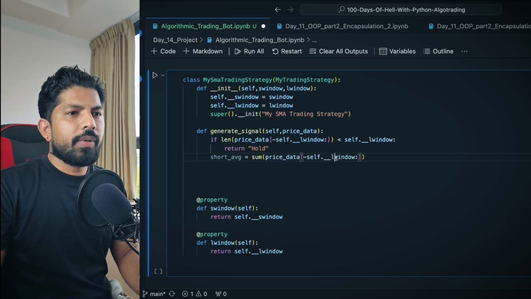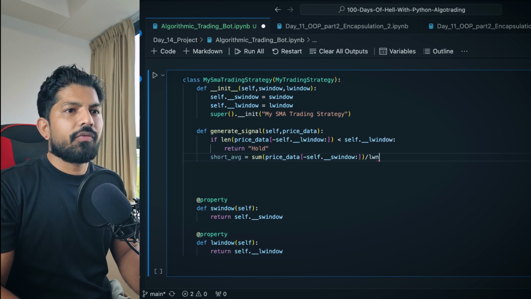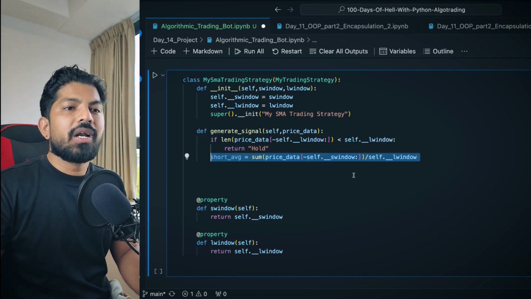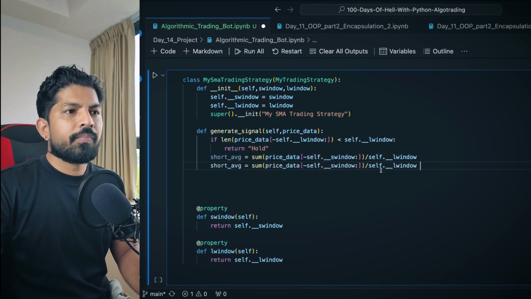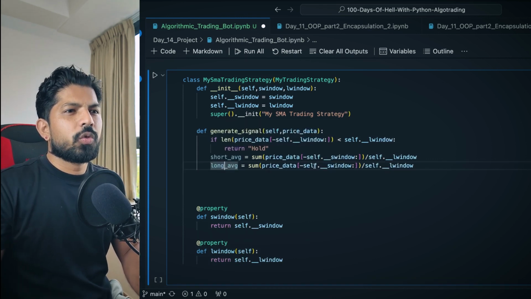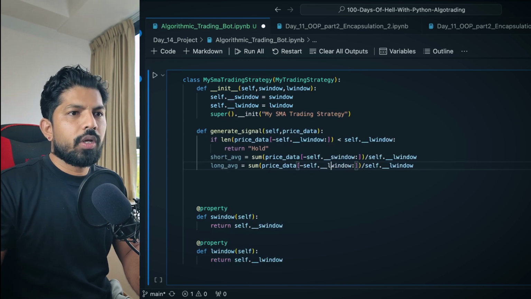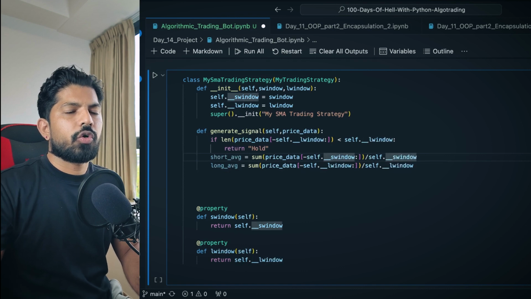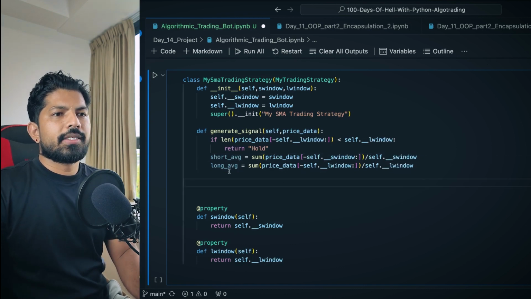For short, it will be the short window, divided by the S window. Here it will be self.L window. And similarly for the long average, we just change from short to long, and here also change from S to L, and it will be short window here. So I guess it is fine.